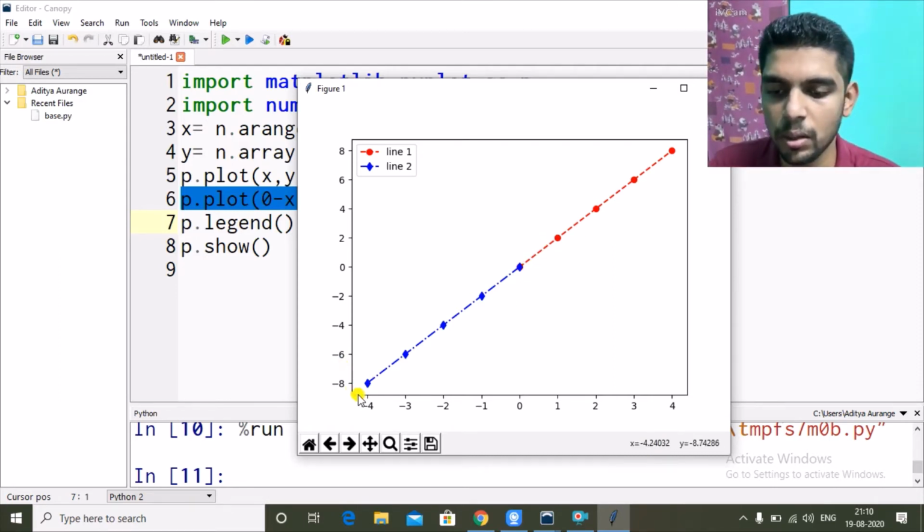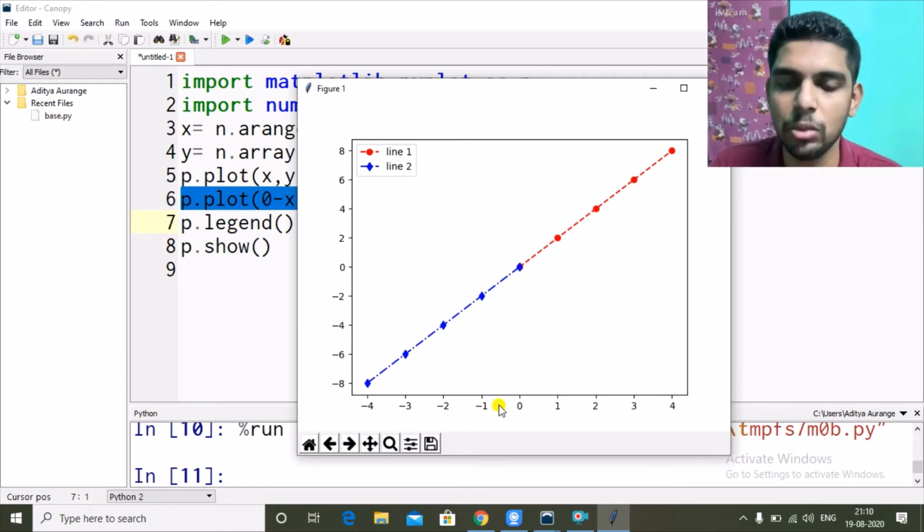Okay, now here on the x-axis we can give names to this x-axis and y-axis using x label and y label. Same way we can give these values also. So in the previous video you saw x limit, y limit, which we use for limiting the x-axis and y-axis, or defining the range of x and y-axis.